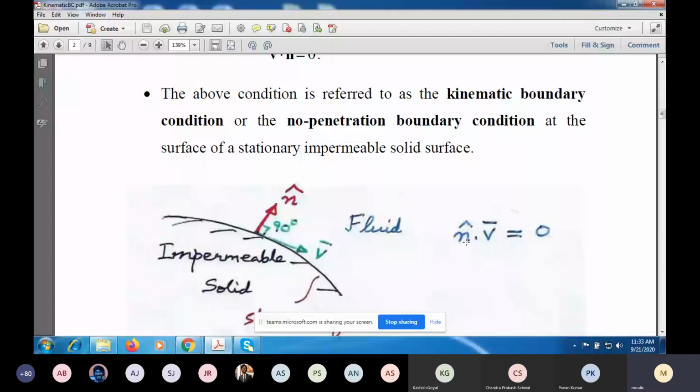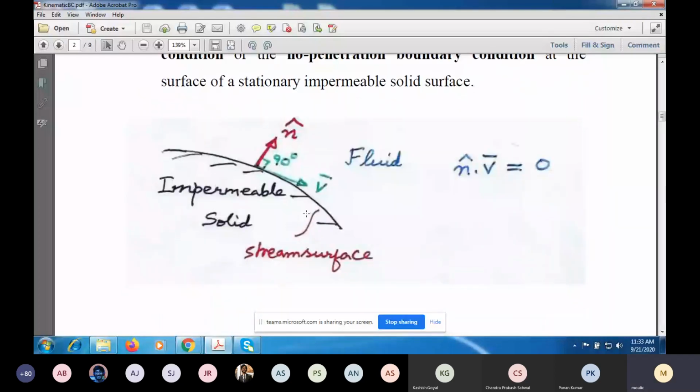So n dot V will be 1 into the magnitude of V into cos of the angle between them. So the angle between n and V must be 90, so that cos 90 is 0. Okay. Now if it's a viscous fluid, then the magnitude of V is 0. So we cannot talk about direction at all. But as we are saying, if we consider the fluid to be a viscous fluid, you have to use the techniques of